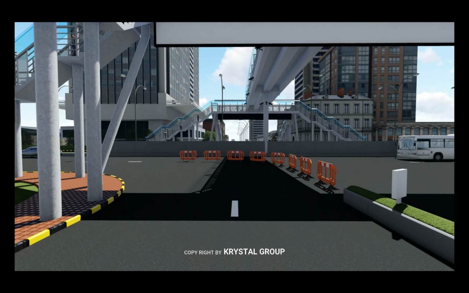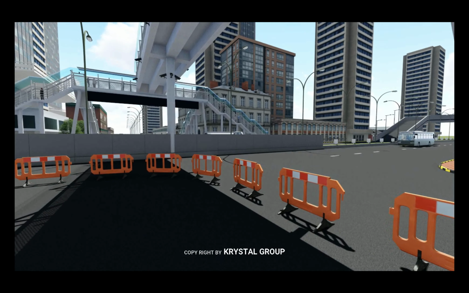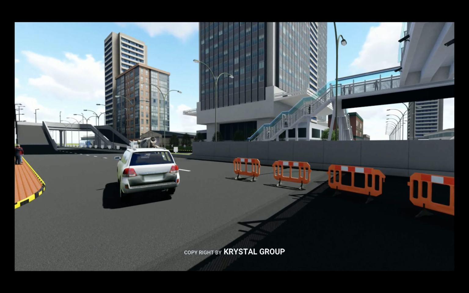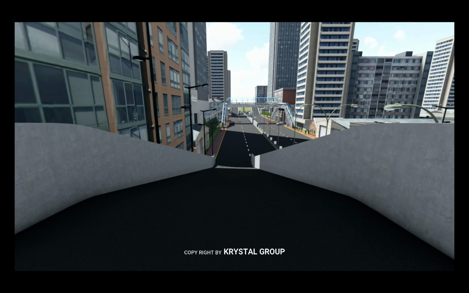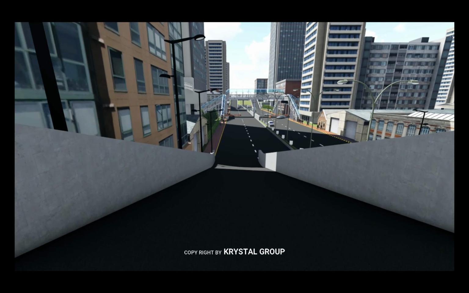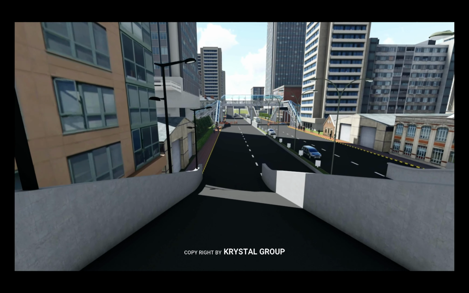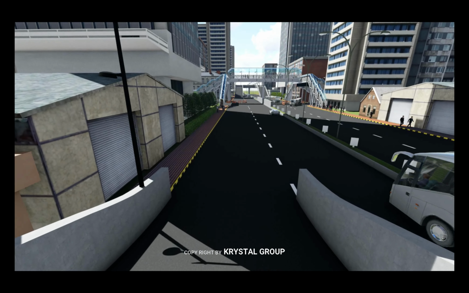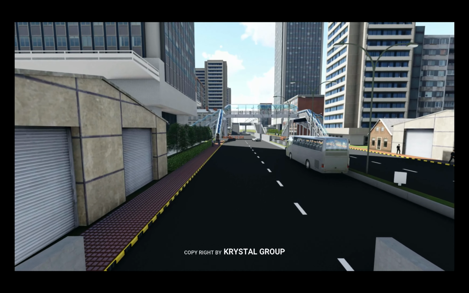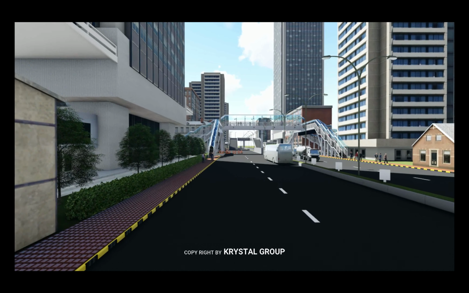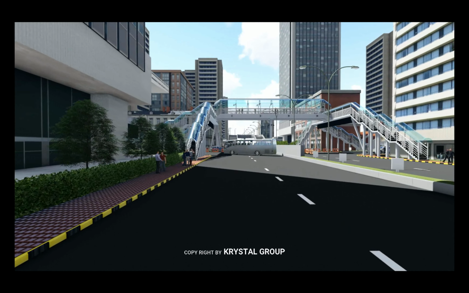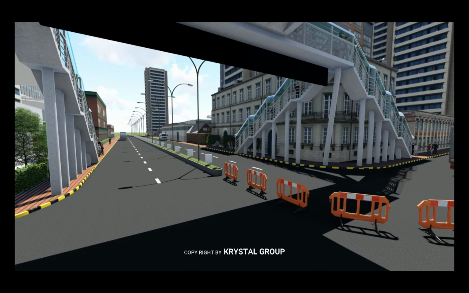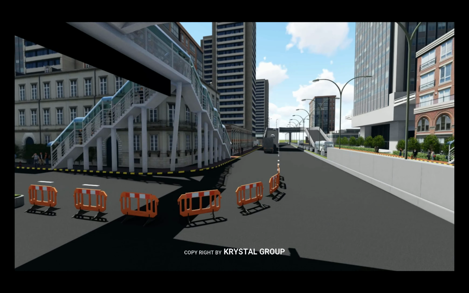When approaching from the sub road, the vehicle will have only one option, that is to take left. There is no straight path or right turn. Barricades will be used for this. In order to go straight, the vehicle has to take left first, then use the elevated U-turn, reach the adjacent road and then take left again. In order to take right from the sub road, first take left, then use the elevated U-turn and then go straight, as seen in the video.